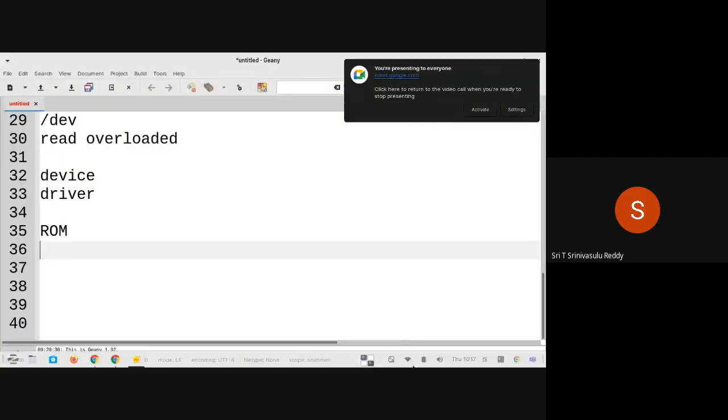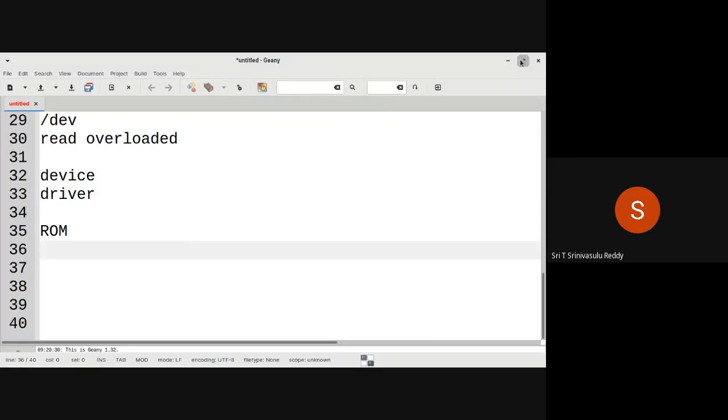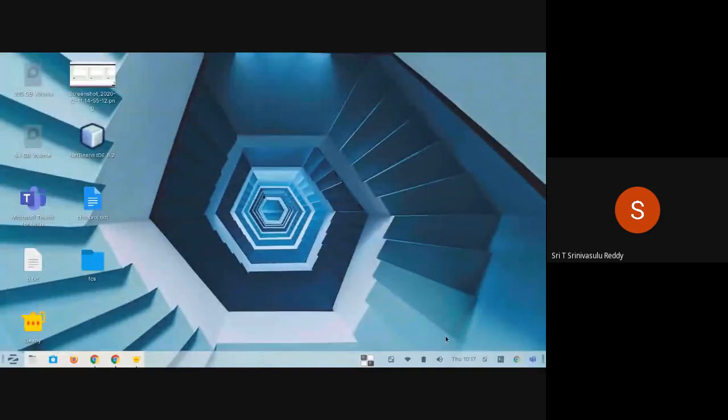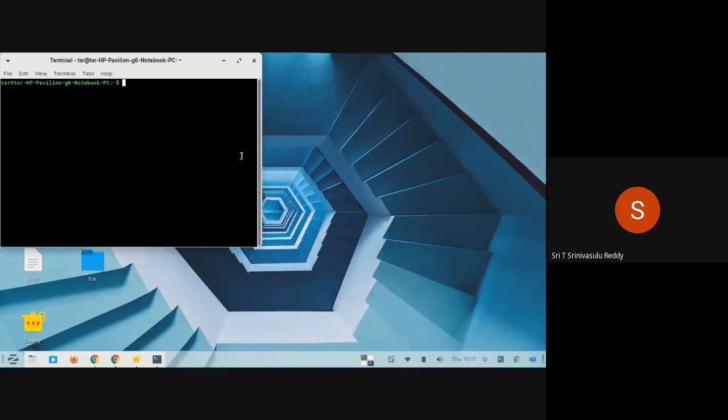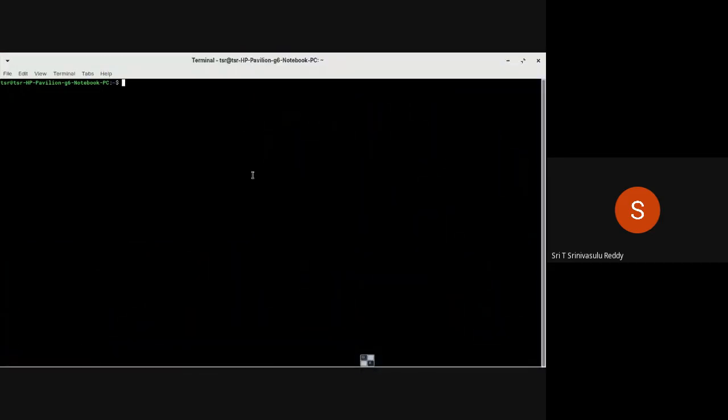For that, we can open a small terminal here. This is the prompt, where we are.